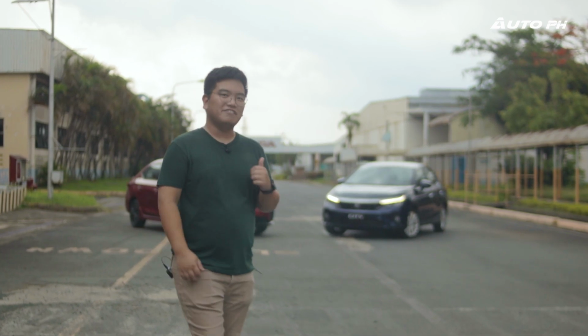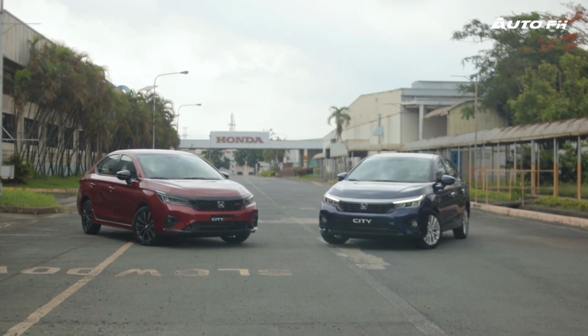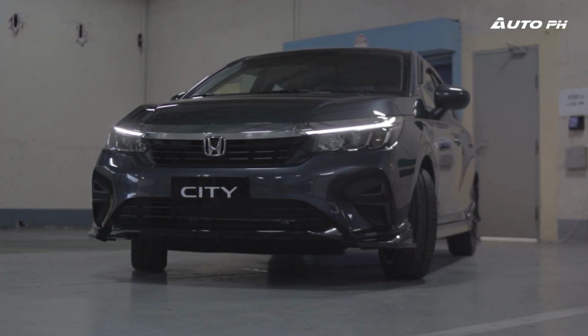Behind me right now is the refreshed Honda City. Let's check it out, give it a first look. The refreshed 7th generation Honda City is now here in the Philippines, and it comes at a perfect time as